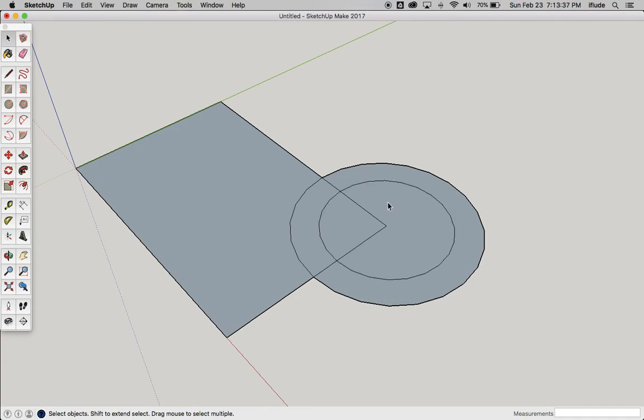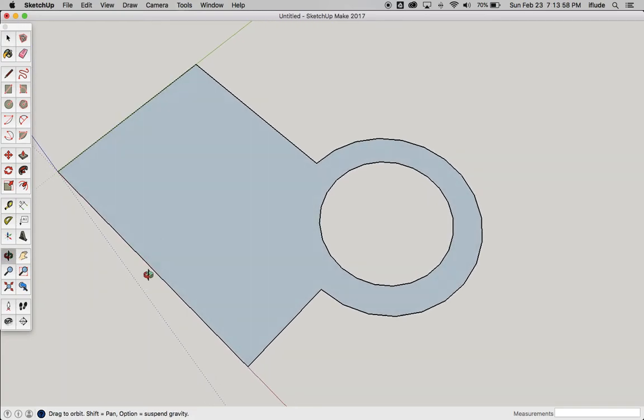No, that's not true either. Okay, let's do that again. I need that, I need that, I need that, and I need that. Though, not that, that. Those are the things I need to delete. And that is the shape that I want. Now I can delete that center surface there,